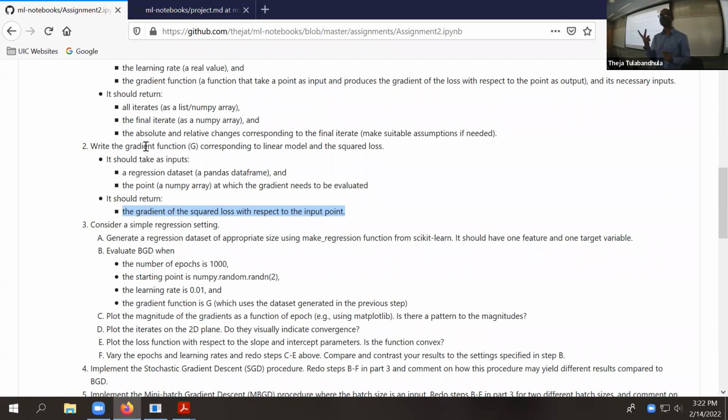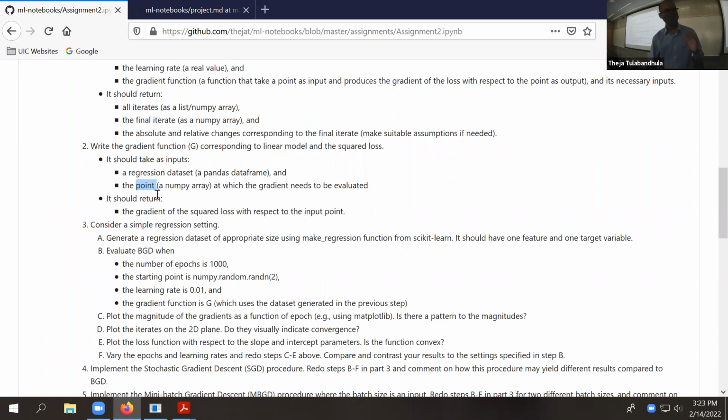If there are two features, and let's say you also had an intercept, then there would be three parameters, theta 0, theta 1, and theta 2. So your gradient would be three-dimensional. First coordinate will be the partial derivative of the loss with respect to theta naught. Second coordinate will be the partial derivative of loss with respect to theta 1. And third coordinate will be the partial derivative of loss with respect to theta 2. So there's just three numbers.